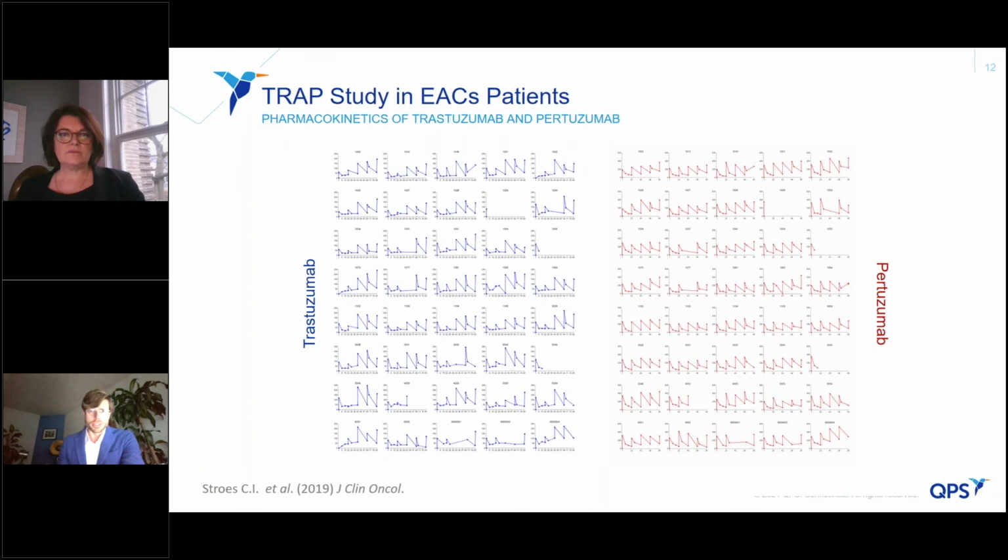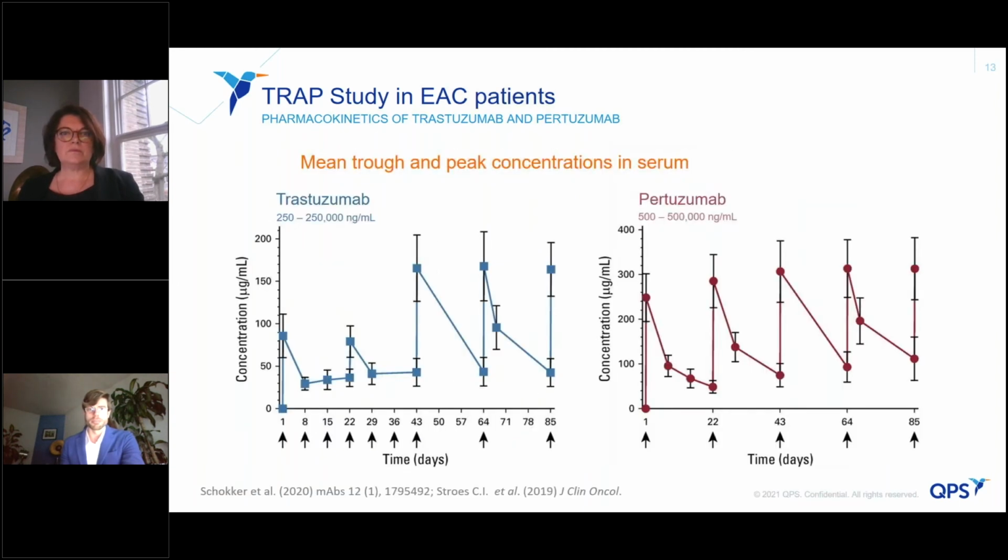And here you can see that the results are consistent with the dosing schedule, and on the next slide we can even see better that all the results are within the assay range, with a C-min and C-max that are well within the assay range, and all the study subjects reached a minimum C-min of 20 micrograms per milliliter. And on the next slide,